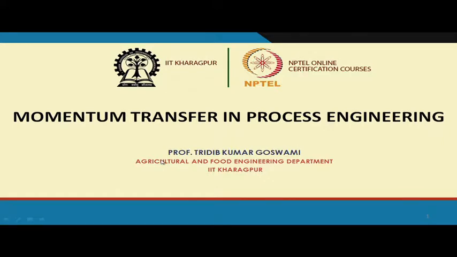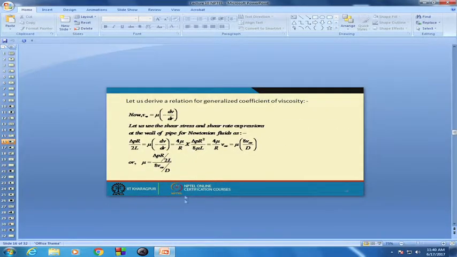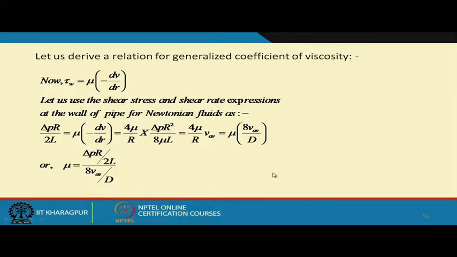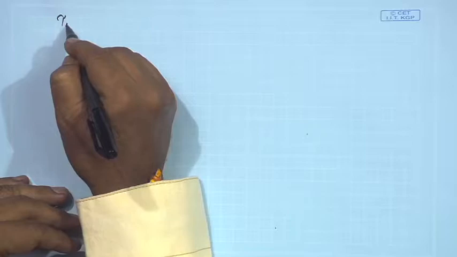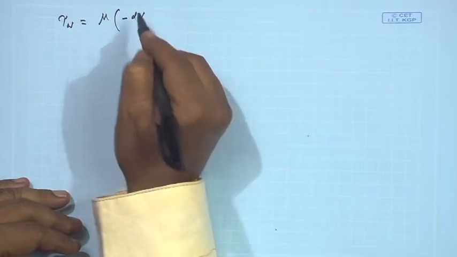So, in the previous class, we had developed generalized viscosity, the coefficient of viscosity, that we had done. Now, let us derive the relationship for the generalized coefficient of viscosity. So, if we see that tau W was mu dV dr